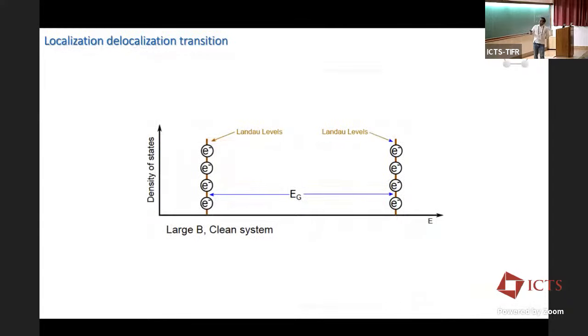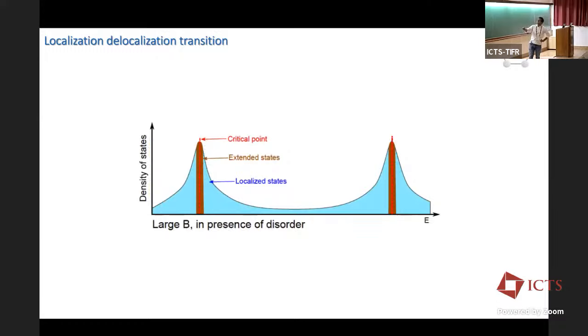Well, let's look at the Landau level picture of a clean system in large magnetic field. You have these spiky, almost delta function like Landau levels separated by the h bar omega c. But that's not a real system. In a real system, I always have disorder. And as you know, in 2-dimensional system, even a small amount of disorder will give me localization. So what happens is that you have these localized states. Almost all the states in the Landau level are now localized, except a very narrow patch of states in the center, which are extended. So as I move my chemical potential across, I go from an extended state to a localized state to an extended state.